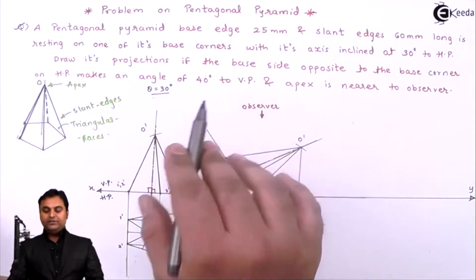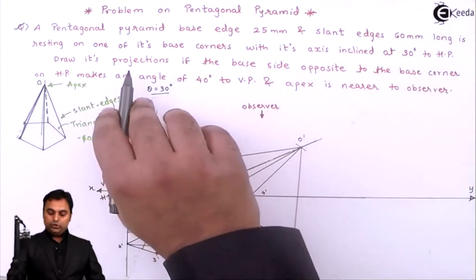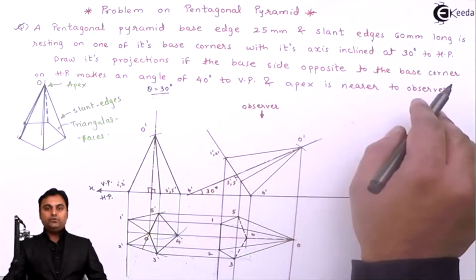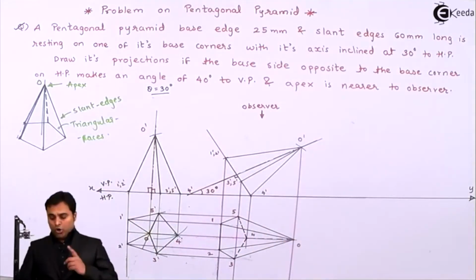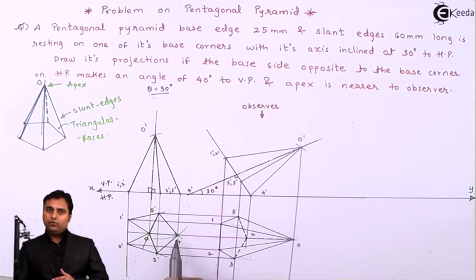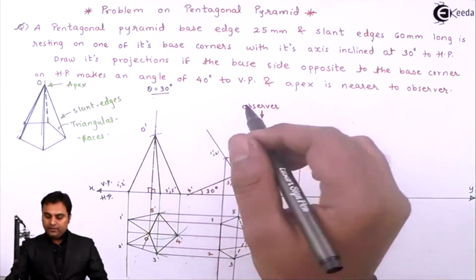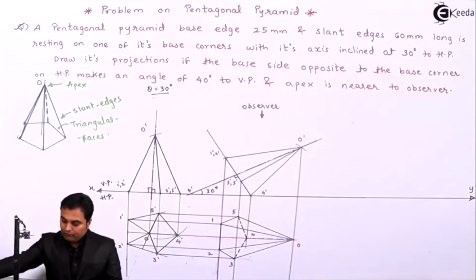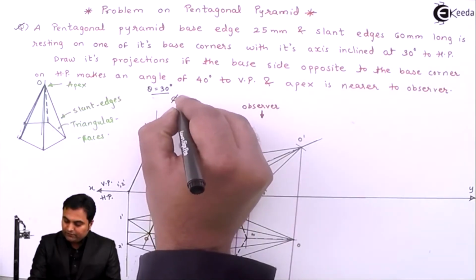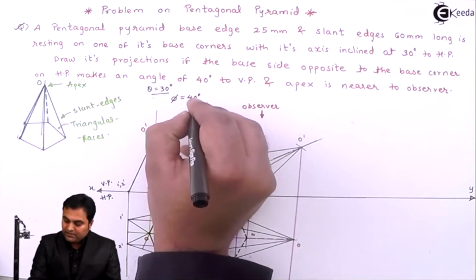makes an angle of 40 degree to VP. It means draw the projection of the base side opposite to the base corner. Which corner is it resting on? That is corner 4. So opposite to that corner, the base edge is 1 to 2. It means in the problem it is said that this base edge 1 to 2, which is opposite to the corner on which the pyramid rests, makes an angle of 40 degree to VP. So inclination of 40 degree to VP, that is denoted as phi, will be seen in HP,